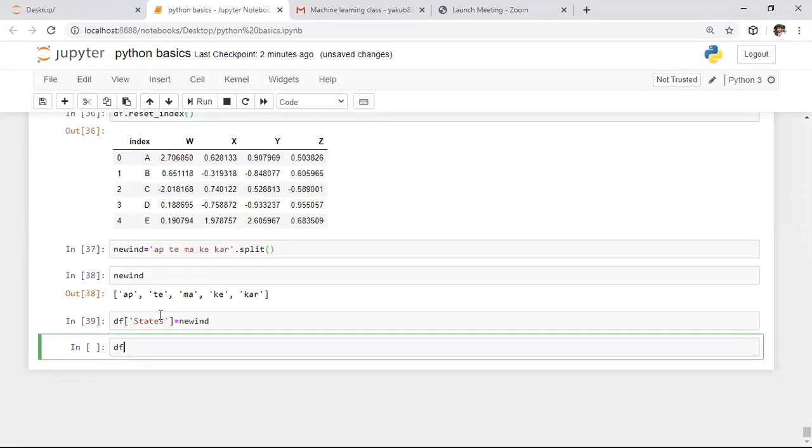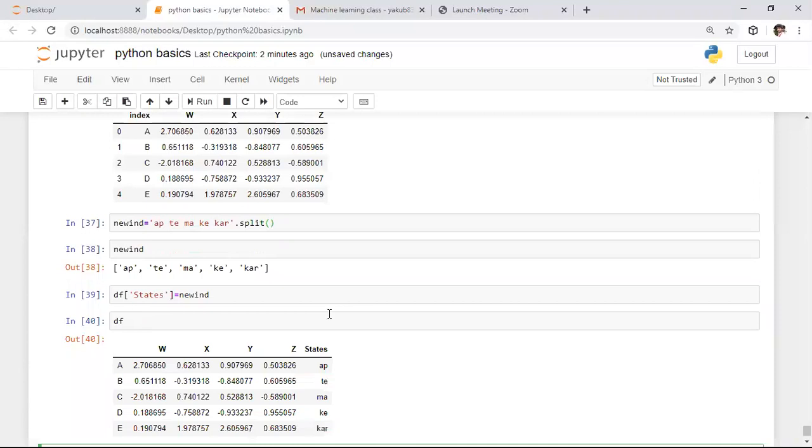Whenever you observe the data frame now, this new column will be added. To add a new column in the data frame, this is the way: in the slicing bracket, you need to specify the column name, and whatever values you want to keep, you can specify those values. So here we added one column in this data frame.